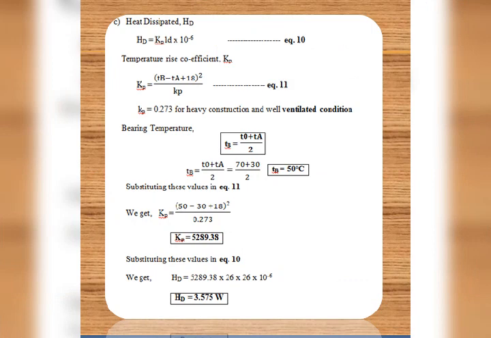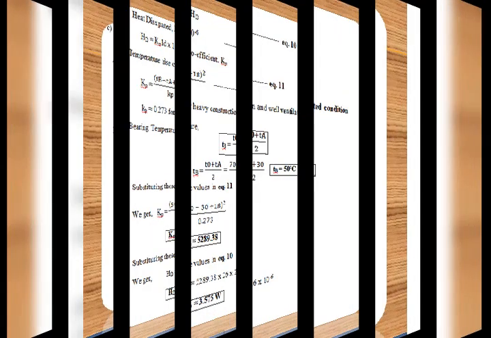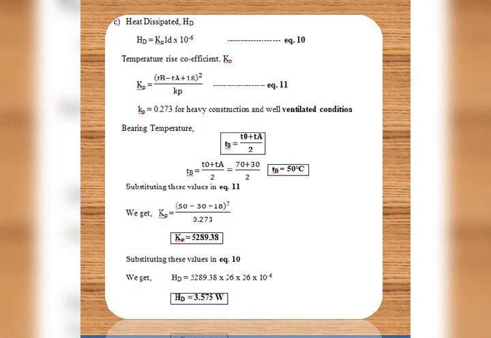Now bearing temperature we need to find first, for equation number 11. Tb is required. Tb is nothing but oil temperature plus atmospheric temperature by 2, means average temperature of oil and atmospheric condition. So here oil temperature is 70 and atmospheric temperature is 30 divided by 2. Suppose atmospheric temperature is not given, we are supposed to assume either 29 or 30 as you wish. But in this problem atmospheric temperature is given as 30, consider the same. Therefore, bearing temperature Tb is going to become 100 divided by 2, that is 50 degrees Celsius.